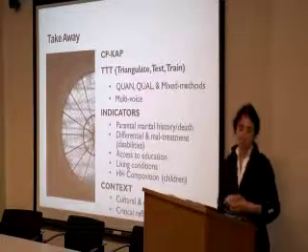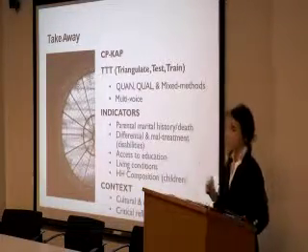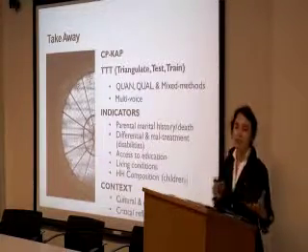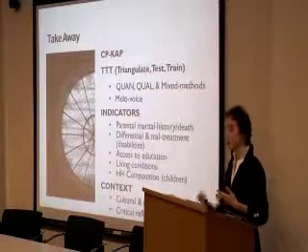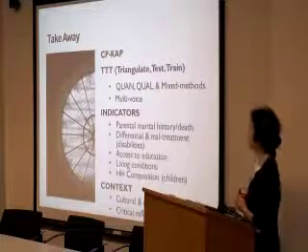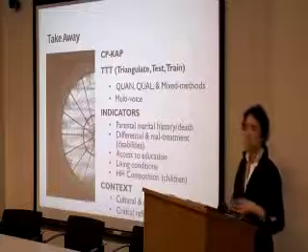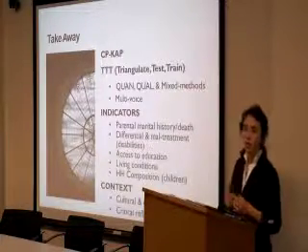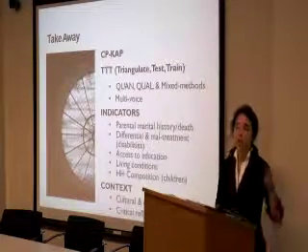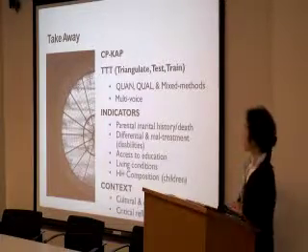The second is the triple T: triangulate whenever you can, test, and then train, never enough. The use of qualitative, quantitative mixed methods. The qualitative for the development of the questionnaires and the surveys was essential, particularly for the context element. And then multi-voice: bring in as many perspectives, and don't rule out young children just because, as Jim Garbarino used to say, you just have to ask the question with the same number of words as the age of the child. So if it's 3, just say, is it red, right? So just simplify, but ask it in a way that the child is able to understand.